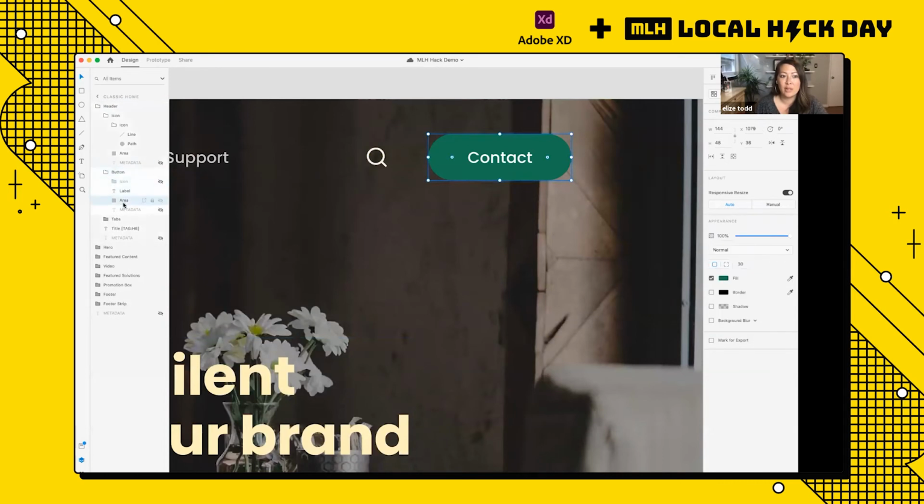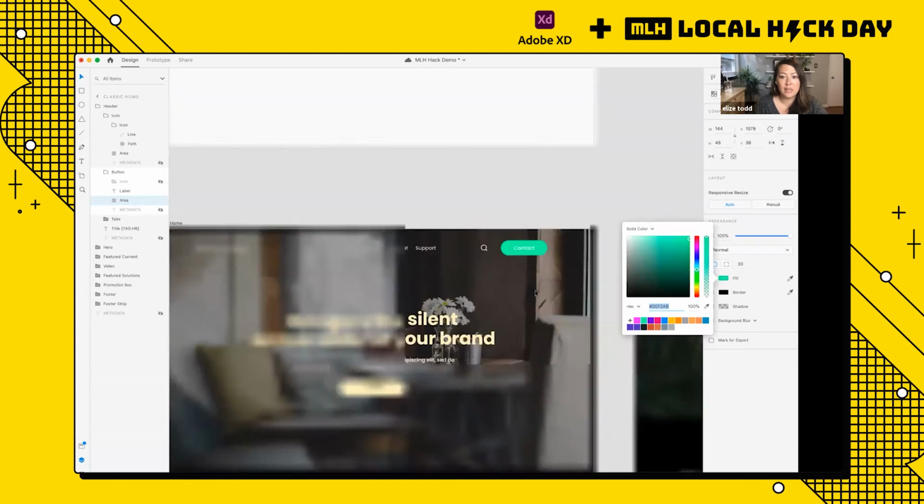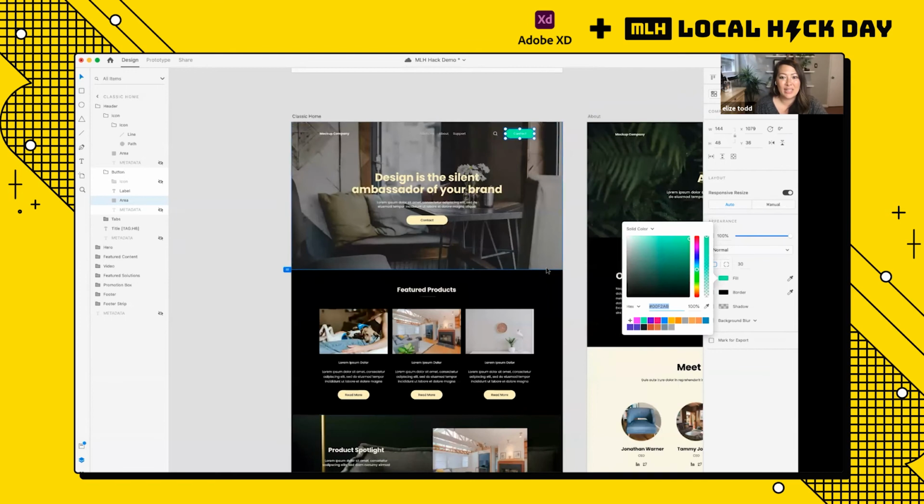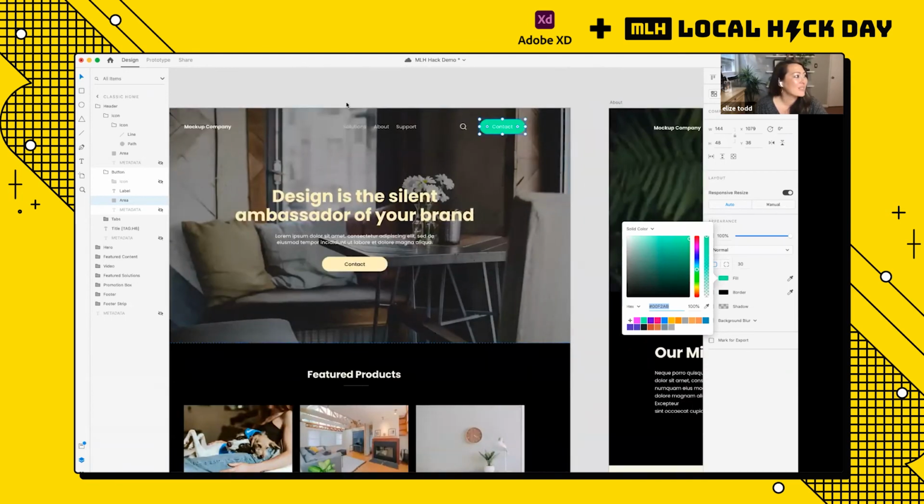So I double clicked, I'm in this layer, I see the green fill, and I want to change it. I'm going to change it to crazy mint green, let's say. Right, so you have that mint green and you're like, cool, that looks great, that's what I want. And then that's the color you want to use. Well,